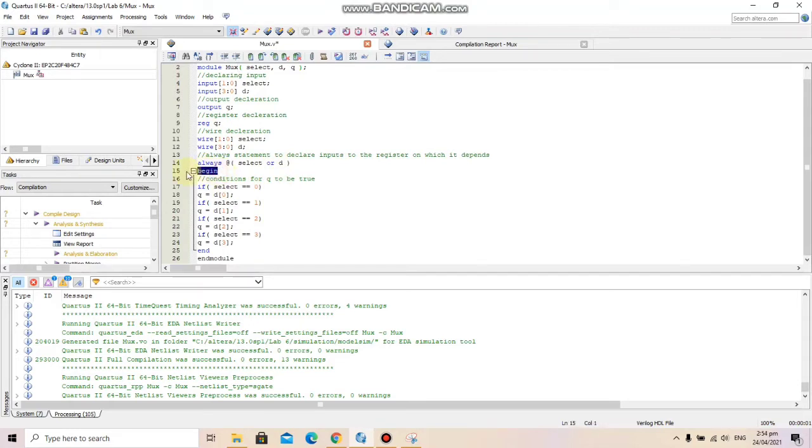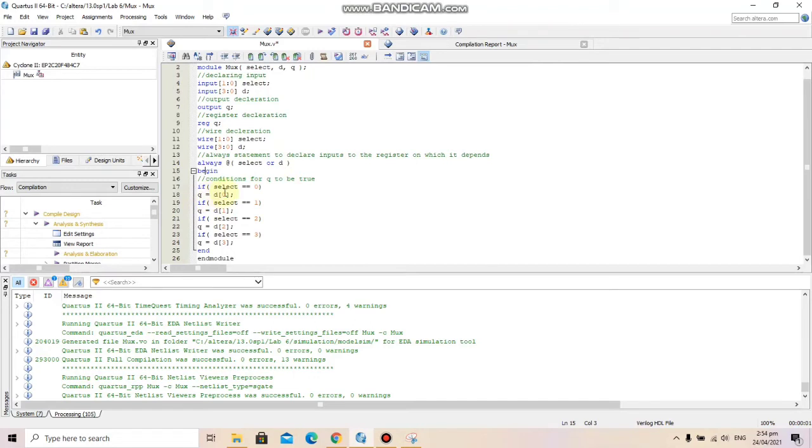In the first example we looked at the cases. Here it was written case, but in this scenario, in the if statement, we write begin, and then we define all the scenarios in which the output will be true. In the first statement, if select equals 0, q equals d0, which means whatever the value of d0 is when select is 0, that will be the output q.